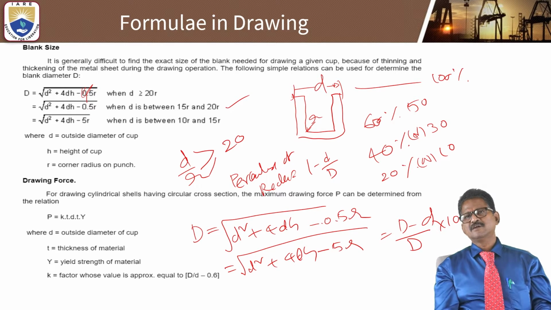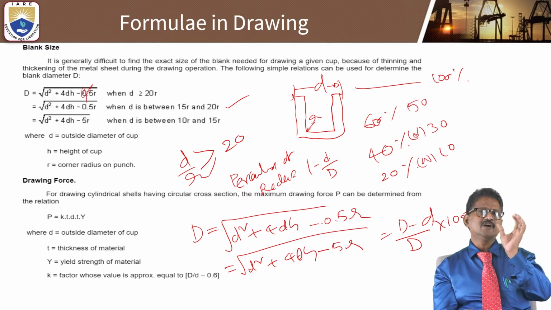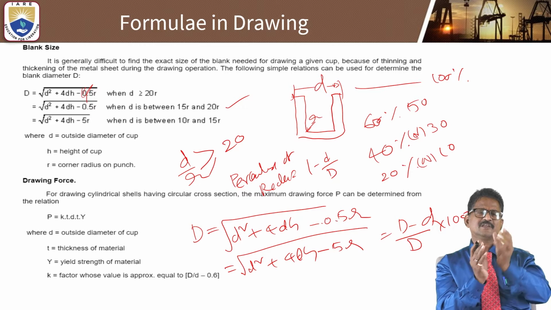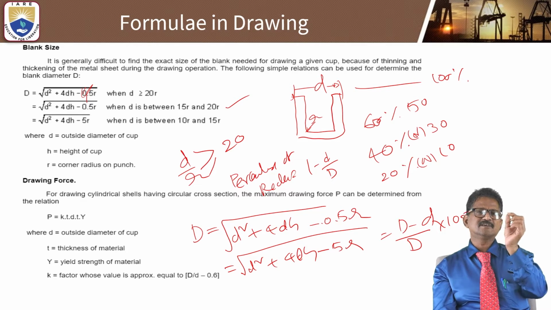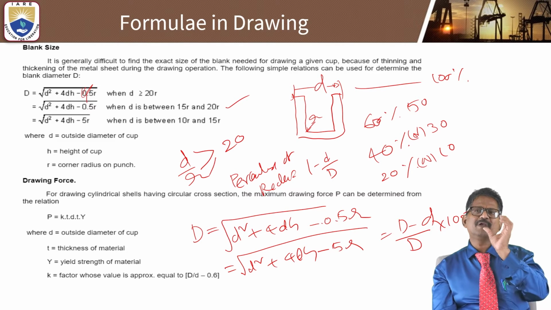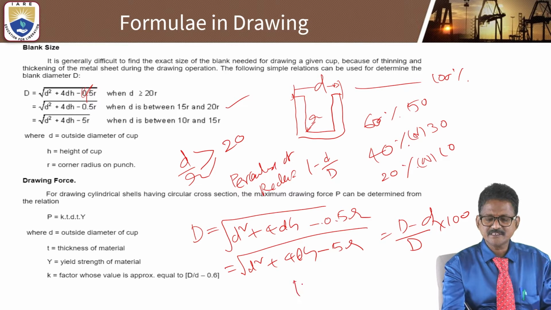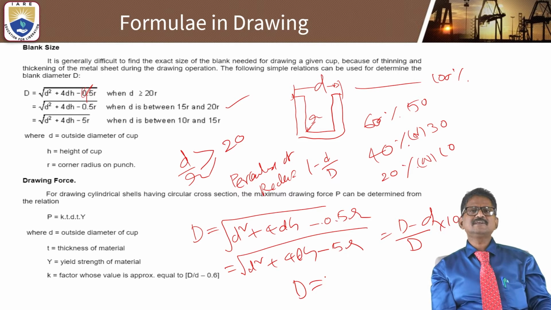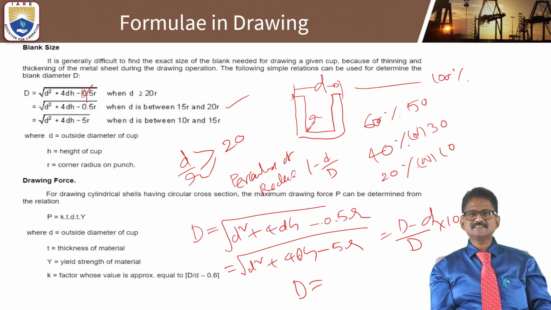Okay, so especially while solving the problem, in general they may give that the small d, outside diameter of the cup, will be given, h, height of the cup, will be given, and the corner radius, either 5 or 2, that corner radius of the punch also will be given. So with these three, you need to determine the blank size or blank diameter, capital D, can be easily determined. The capital D can be determined by simple formula root of d square plus 4dh, where